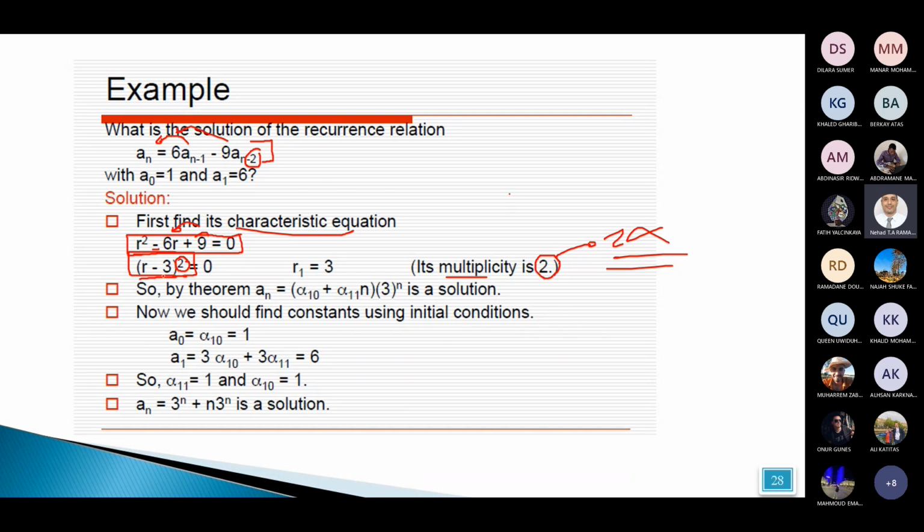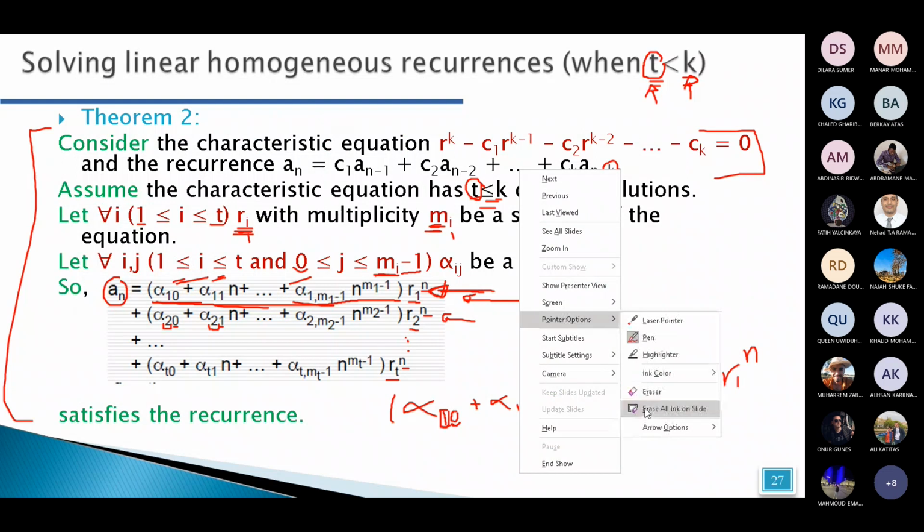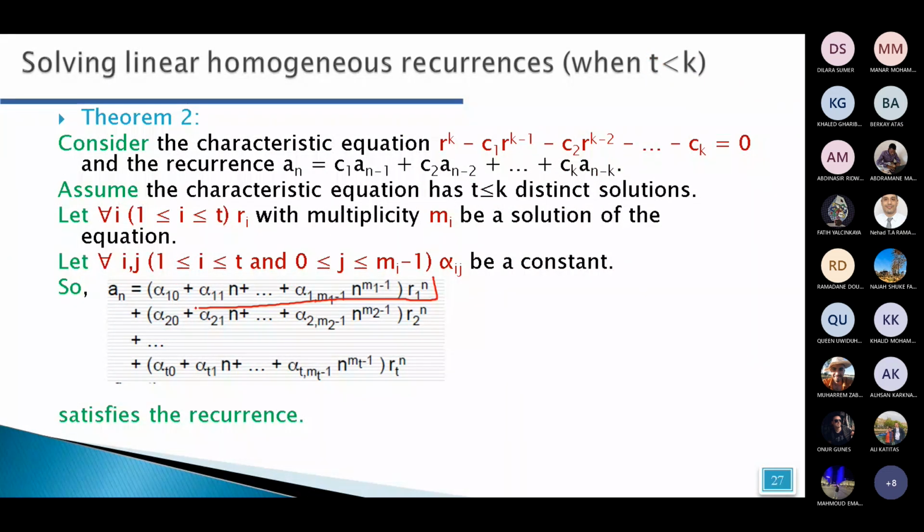This is the solution r minus 3 power 2. So multiplicity is 2 for the solution, and the solution r1 equals 3. So we have only one solution, so we need only the first line here. This one is enough as a solution with multiplicity 2, so we don't need all this. These 2 constants will be